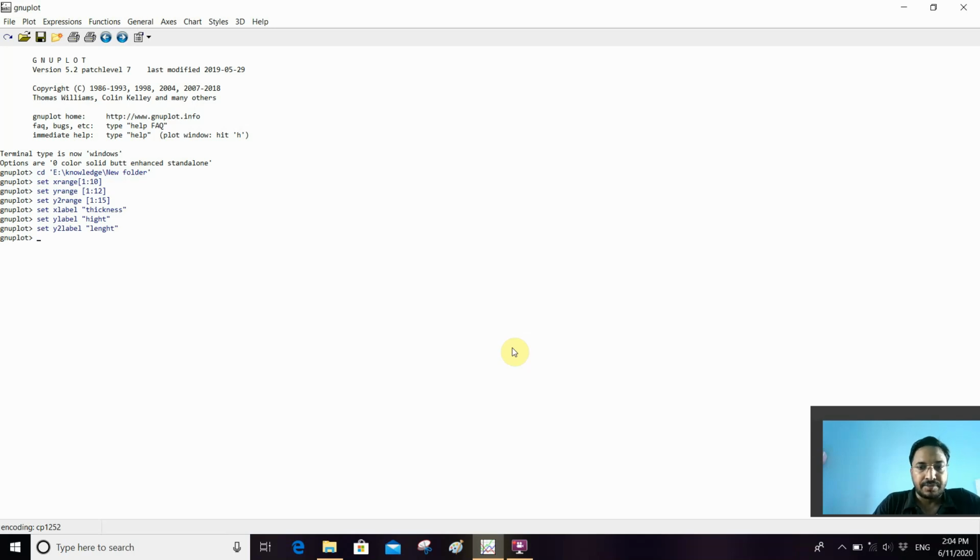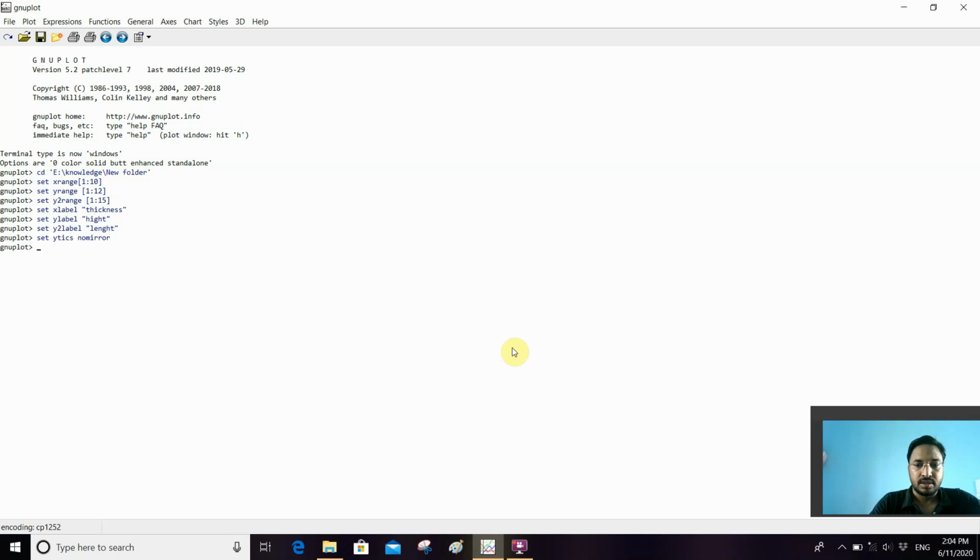After this we will write set y ticks, no mirror, and press enter, so that the y1 and y2 axes do not become the same.